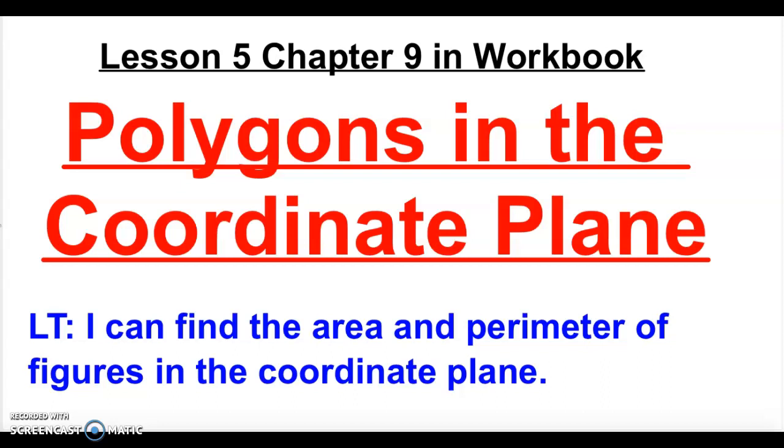Today, I plan on reviewing with you how to find the area and perimeter of figures in the coordinate plane. You do not have to print out this entire lesson that I am presenting to you, but what you do need to print out is the graph paper that I attached to this lesson. You're going to need to graph the figures that I give you in this lesson and find area and perimeter